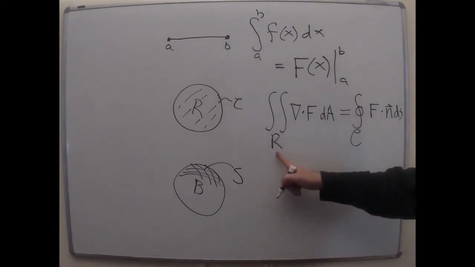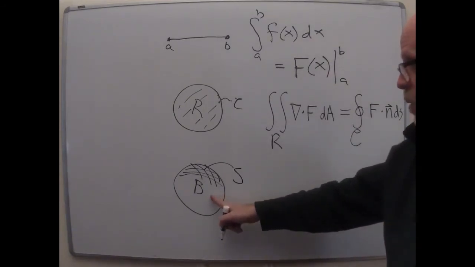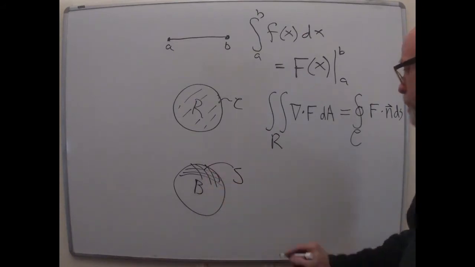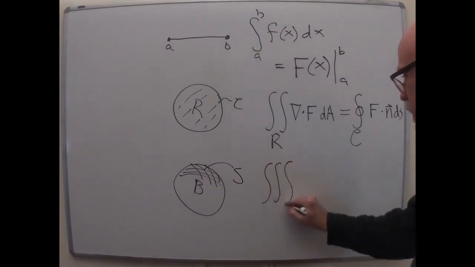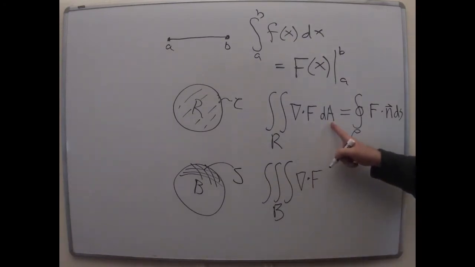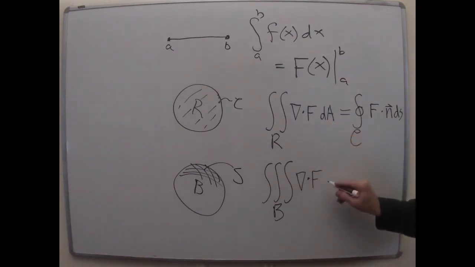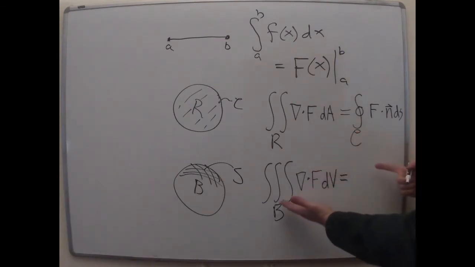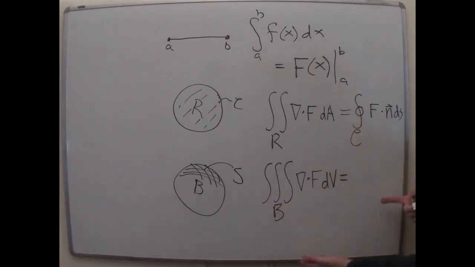So instead of a double integral over a region, we need a triple integral over a 3D volume. So it'll be integral, integral, integral over B. It's still going to be the divergence of the field. But of course, we're in a triple integral situation, so it wouldn't be differential area, but rather differential volume. And that is equal to, well, it's similar in that we go from a more complicated integral to one layer less complicated. A 2D integral here became a single integral there. Three integrals is going to turn into two.